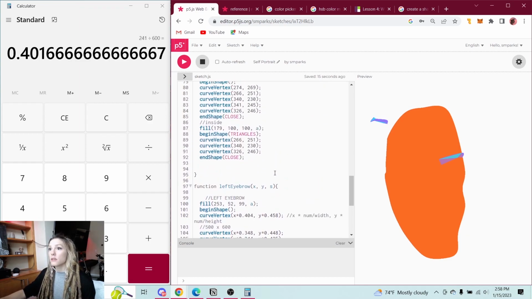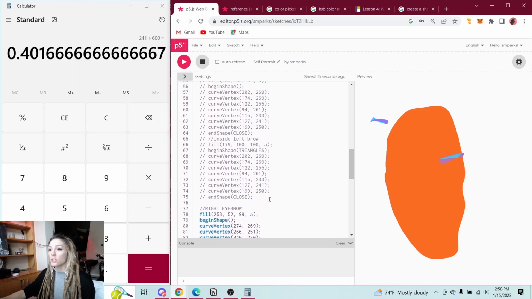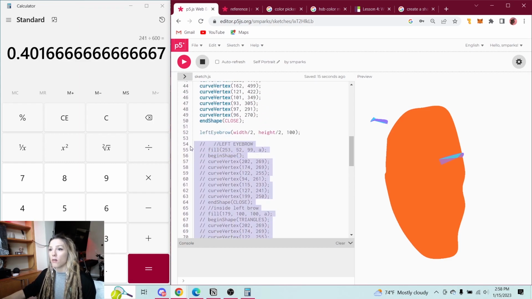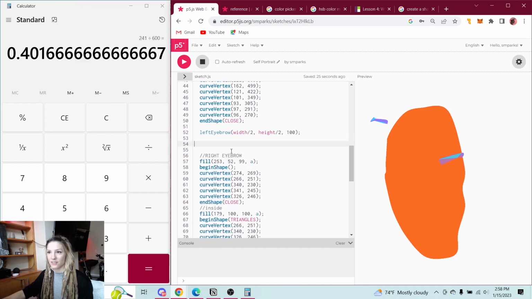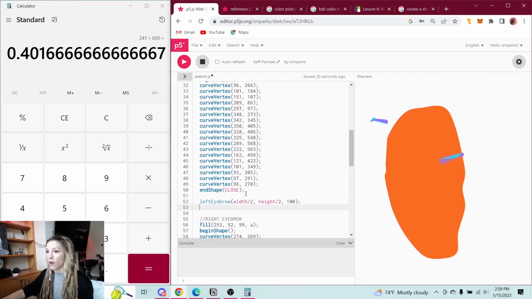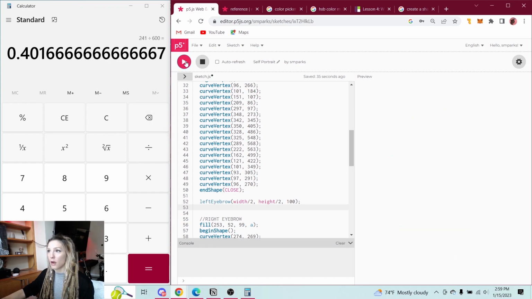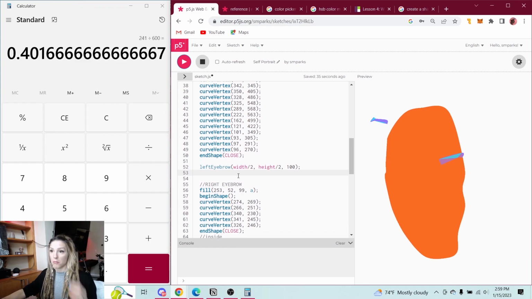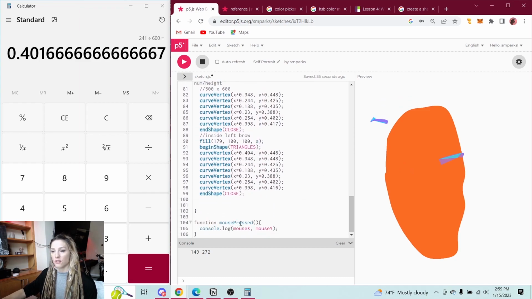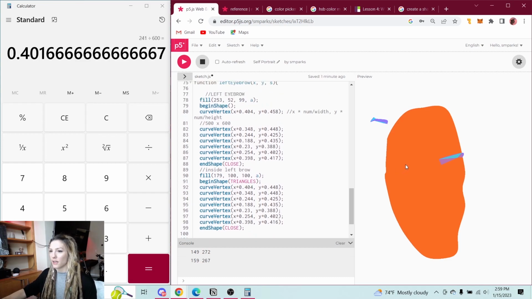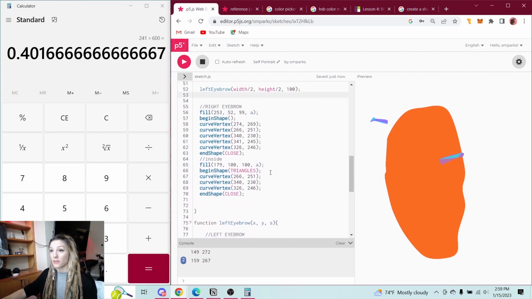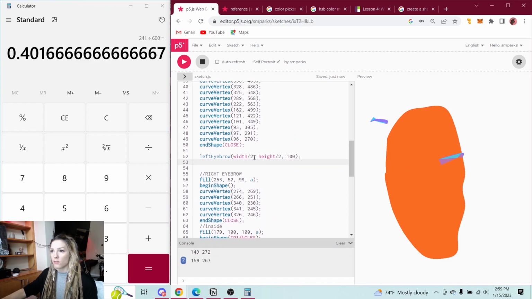So let's go up into the draw function, and now we can totally wipe out all of this work. I just kept it there just in case I really messed something up. So now we've got this left eyebrow, and let's reposition it since we still have down here the function of mouse press logging our mouse X and mouse Y. I can come over and see where I want to place it. And I want it to be,